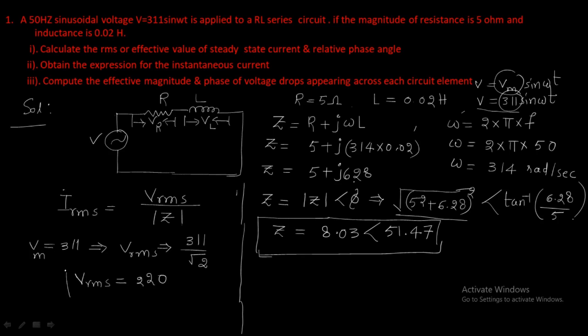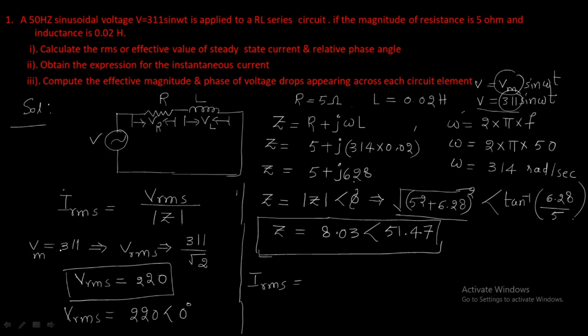So this is also completed. From that we can find out the RMS value equal to simply... but look at the angle, the angle is 0. Why? Because in 3 Vm sin omega t, there is no angle specified here. So we can write like this also: Vrms directly we can write as 220 at an angle of 0.